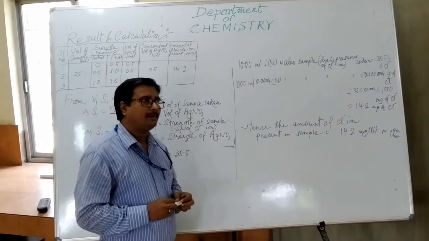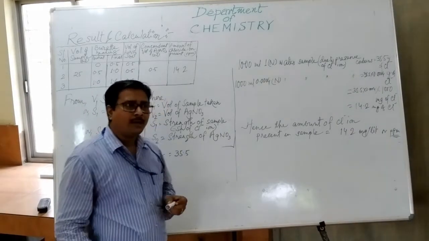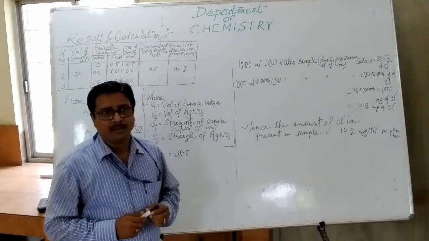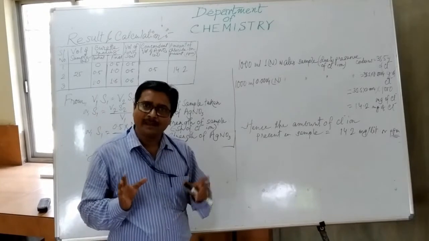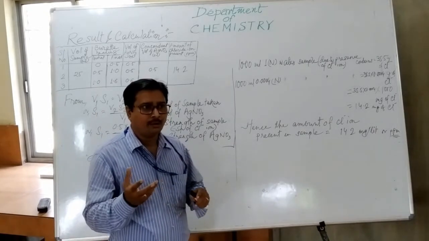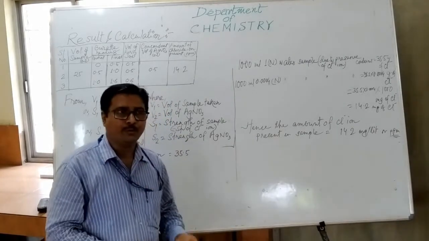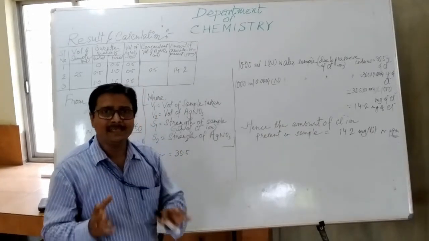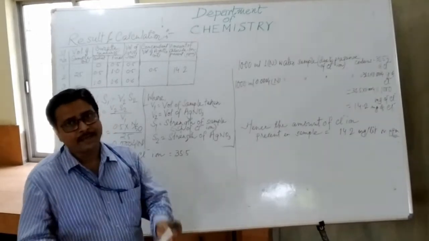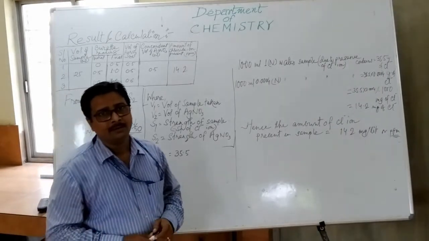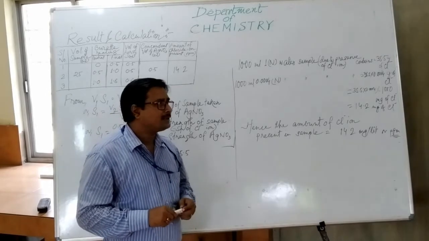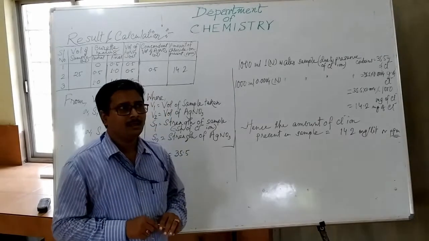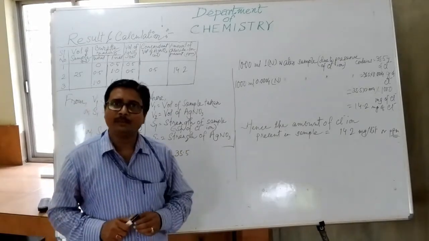Okay. And another question may be asked: why are we doing this experiment? Why are we doing argentometric determination? So it is a water quality parameter experiment. If one sample of water is given to you and you are asked how much chloride is present, very easily by that method you can find out how much chloride is present. Okay, students, so these are some questions which may be asked in the Viva. So this is all about the argentometric determination method.